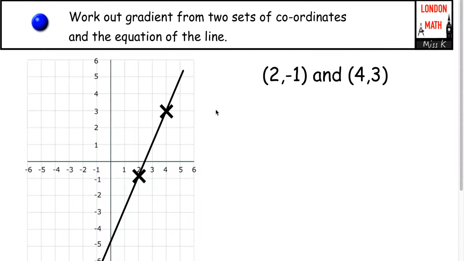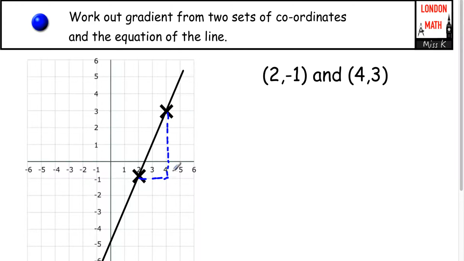So in order to work out the gradient between 2 points, what we could do, if it's 2 minus 1, so 2 minus 1 is there, and 4 minus 4, 3 is here. The gradient is a measure of the steepness of this line. What you might have already known is that in order to work out the gradient via a graph, you can draw a right angle triangle